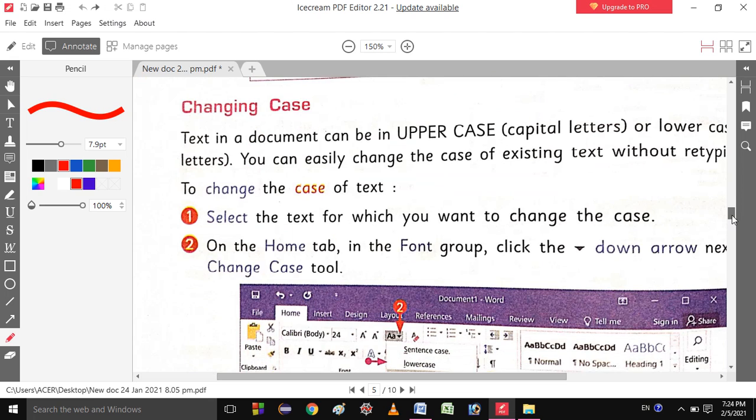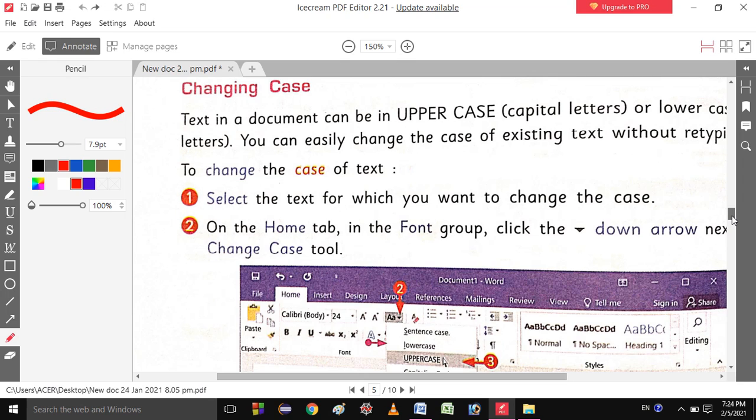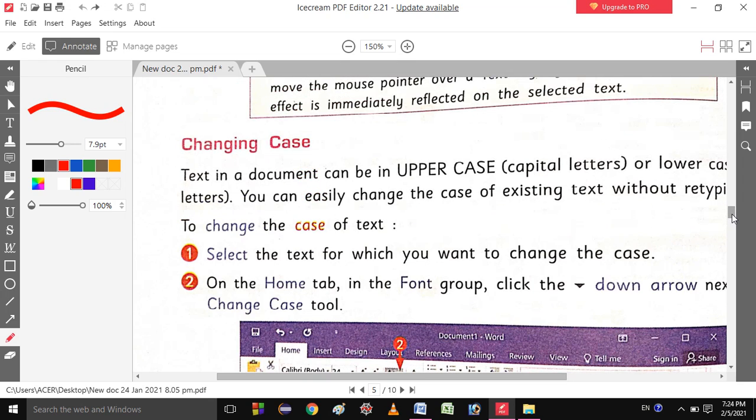Next one is changing case. So changing case basically means, suppose you have written some text, and you want to change your letters from capital to small, small to capital, or each sentence's first letter will be capital, or each and every word's first letter will be capital, or one more thing, the letter which you have written capital should be small, and the letter which you have written small should be capital.